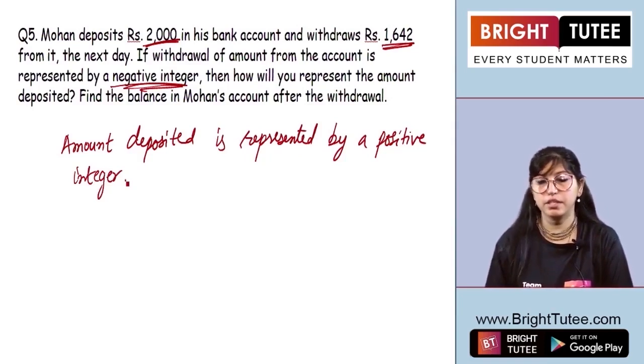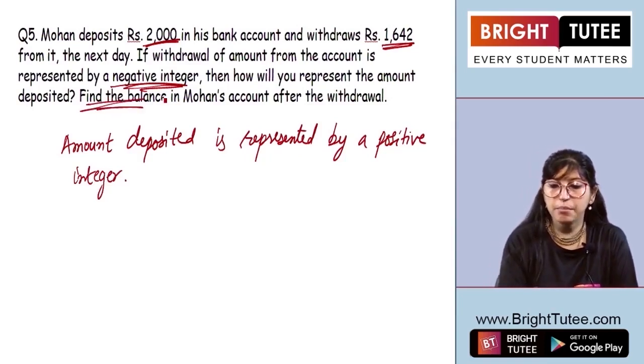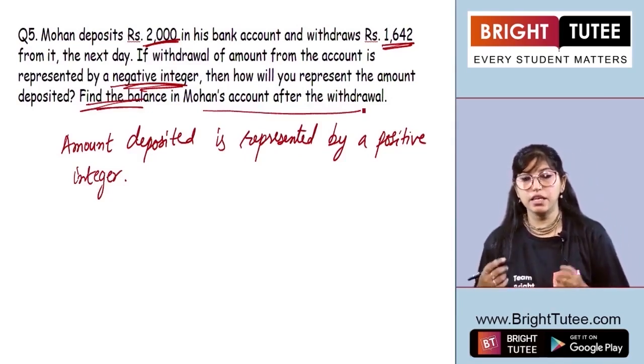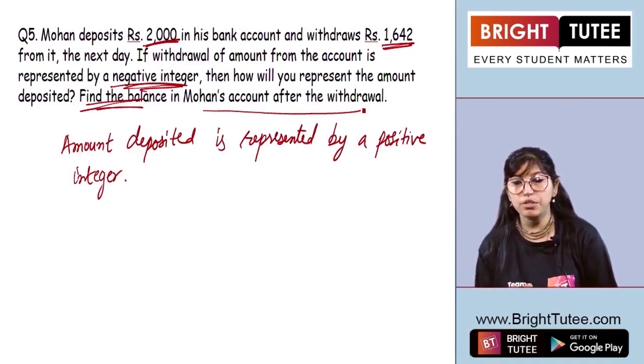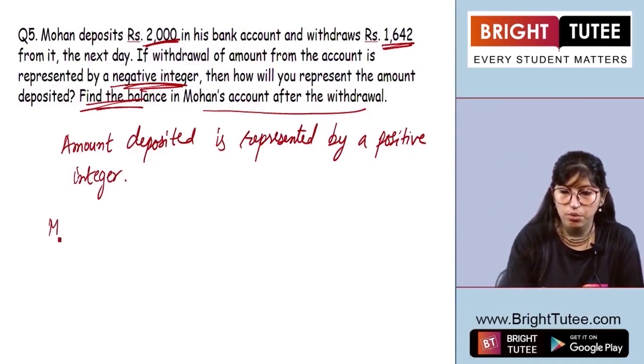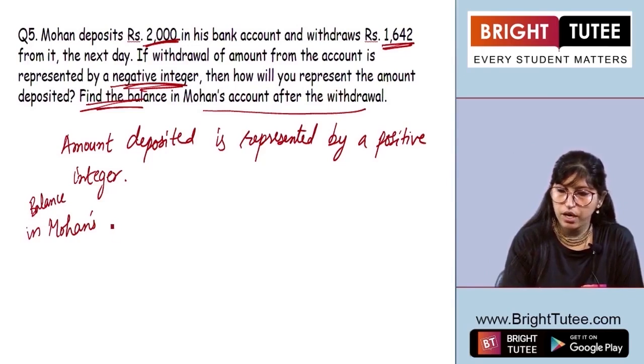Now the next question which this says is, we need to find the balance in Mohan's account after the withdrawal. So what we actually did, we deposited 2,000 and we took out 1,642. So what will be the amount? So balance in Mohan's account after the withdrawal